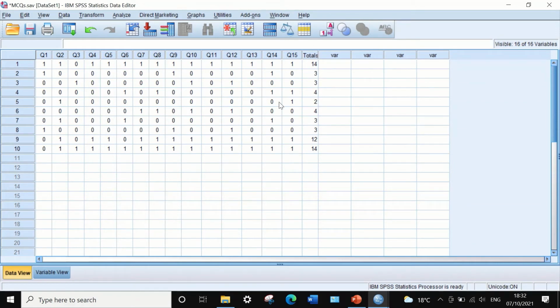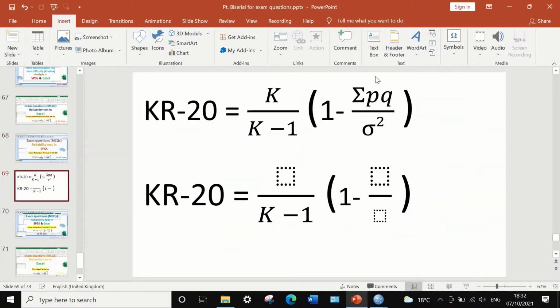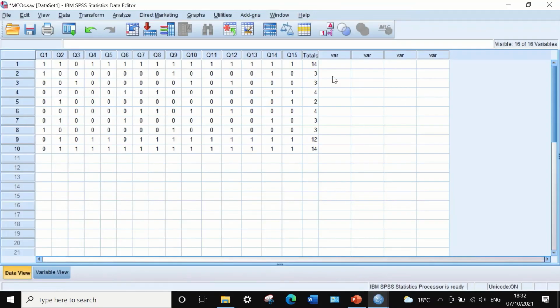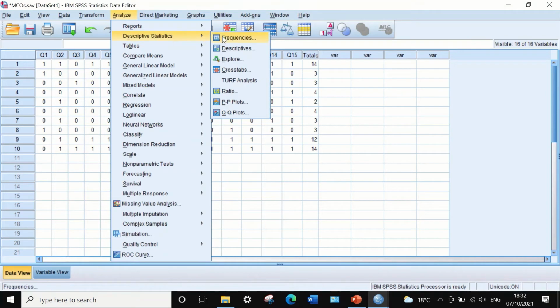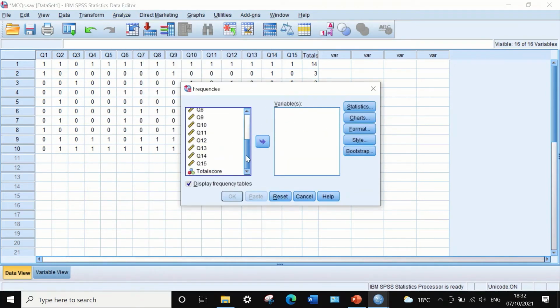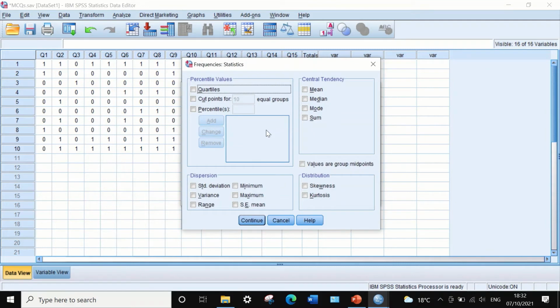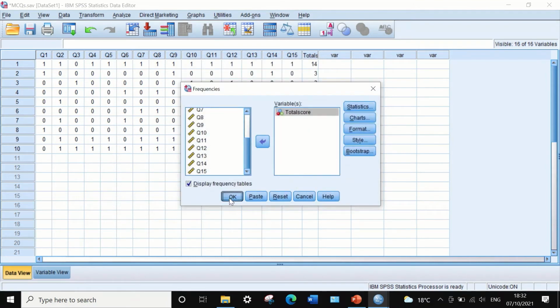Now once we have calculated the total score, the next step using the equation here is to calculate the variance for the total score. To calculate the variance for the total score, click on analyze, then scroll to descriptive statistics, frequency, and move the total score to the box variables. In the statistics, tick on the variance to select the variance for these data. And if you click on continue and then click on OK,